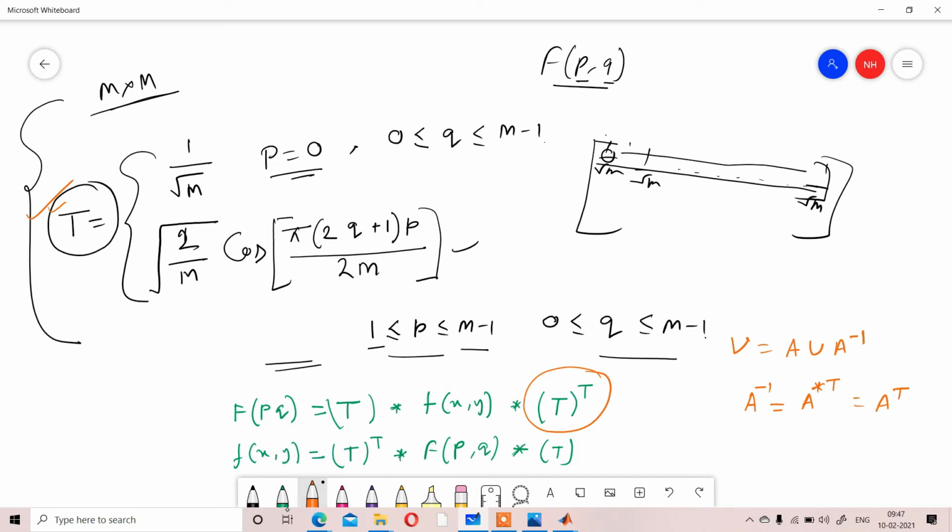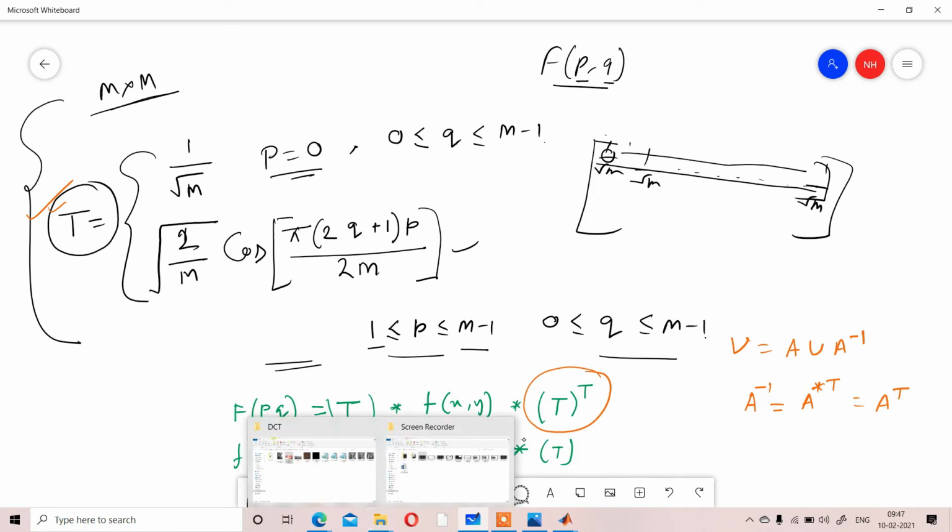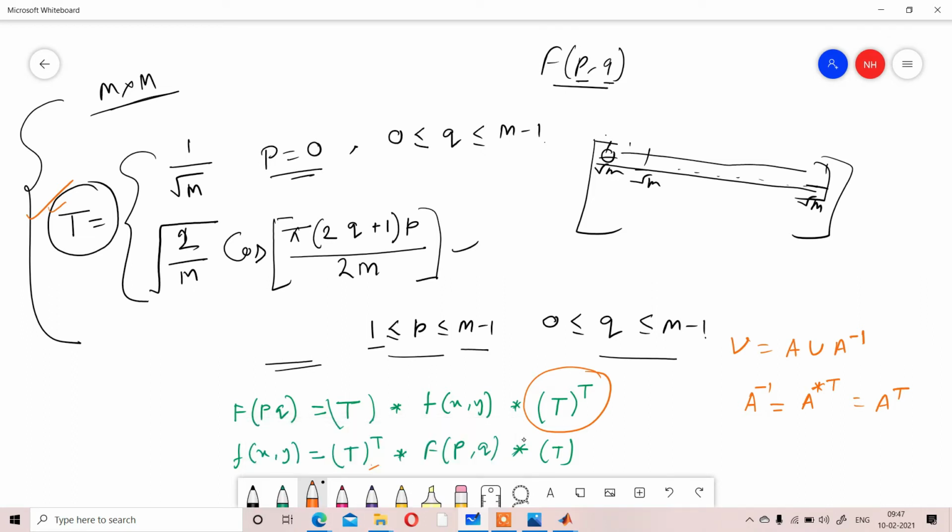Similarly, whenever you are calculating U from here, you will get the value T transpose depending on that part. Okay, so those will be your two formulas to calculate the transformed image, and from the transformed image to get the original image. That is the advantage. There is no complex part. So clear?